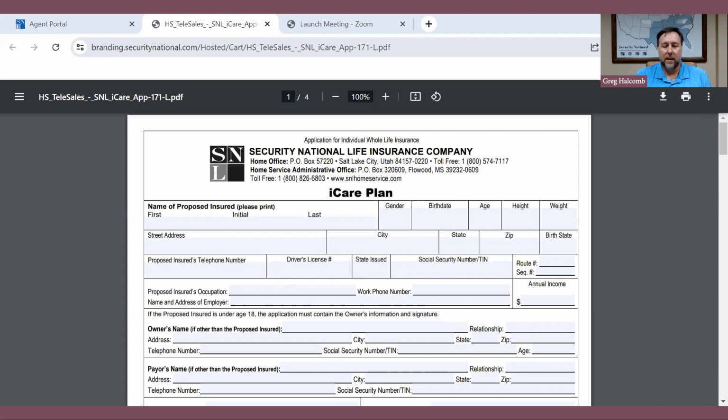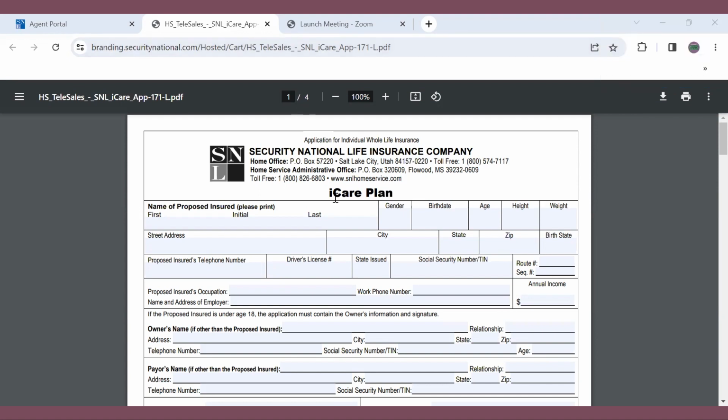Today's subject is the iCare plan. And what we're going to do is walk through how to fill out an iCare application. So as you see, the start of the application, we start with our first name and last name, middle initial if we have it. So we will go with